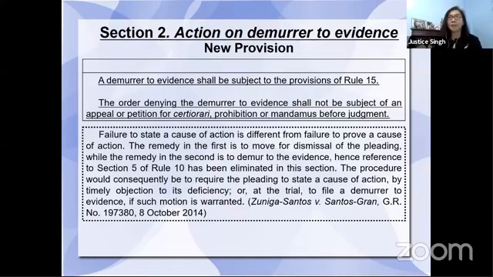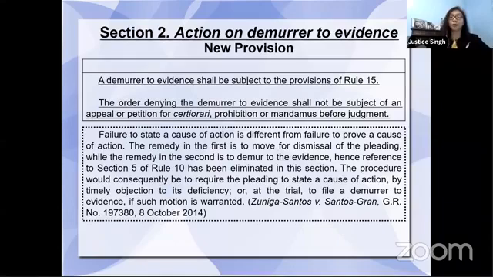You remember from last session, we discussed that there are litigious motions and non-litigious motions, okay? And of course, a demurrer to evidence is a litigious motion, okay? So the order denying the demurrer to evidence shall not be subject of an appeal or a petition for certiorari, prohibition, or mandamus before judgment. Ang ibig pong sabihin, if